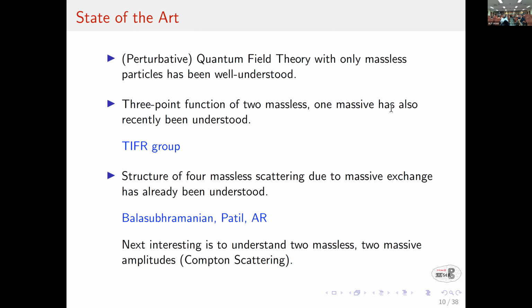If you're asking about some bigger motivation, I'll give something. But if you just take it as a bottom-up way to construct higher spin theories, then I also feel this is the next natural thing. Higher spin, yeah, that's what I'm saying. I want to construct perturbative Feynman rules, which will give me good loop amplitudes, good EFTs. What about 3-point functions of the massive higher spin particles? 3 massive. That has been calculated.